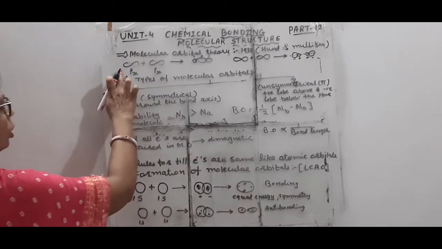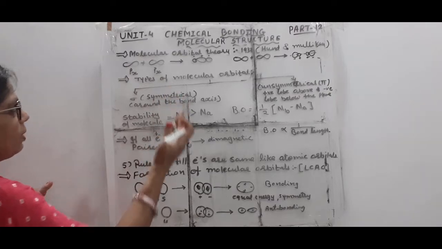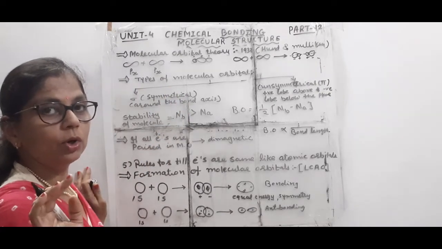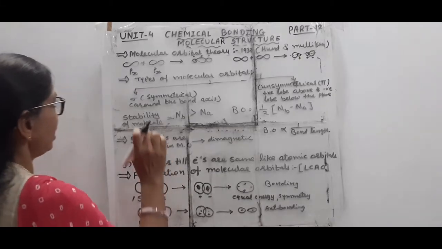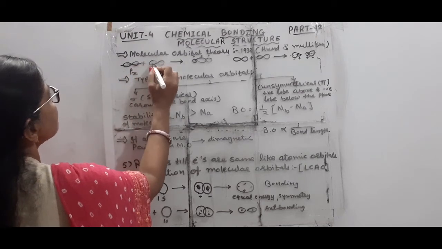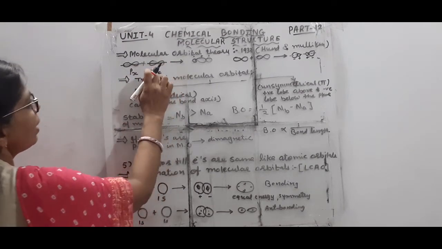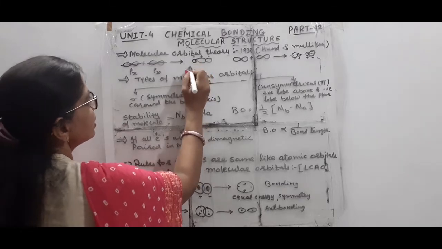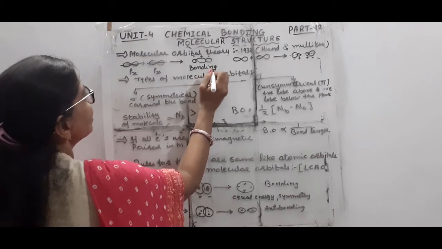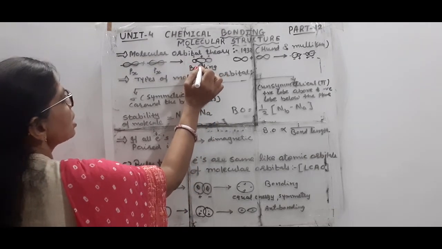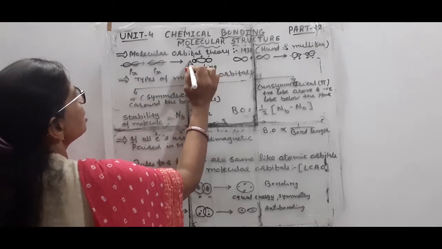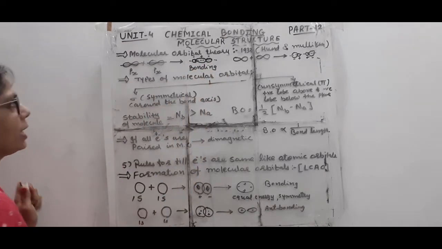So this is, I have drawn the px only, students. In the same way, py and pz overlapping can also be understood by you on your own. So here is the px orbital, and this is another px orbital. When this overlapping bonding occurs, this is the bonding, then this is our plus lobe and this is the minus lobe. This is our bonding of the px orbital.